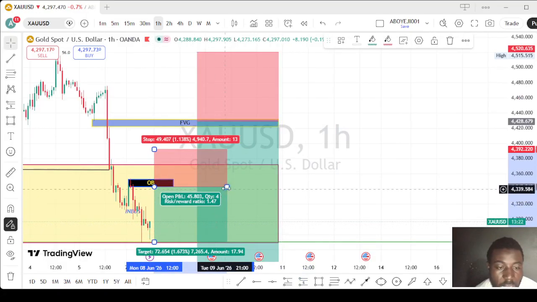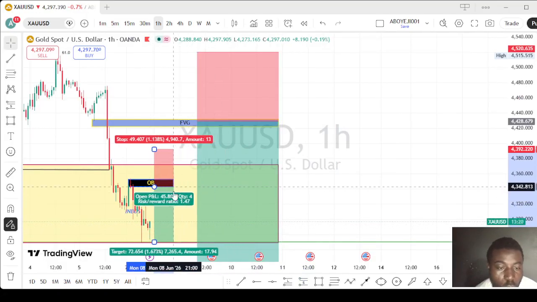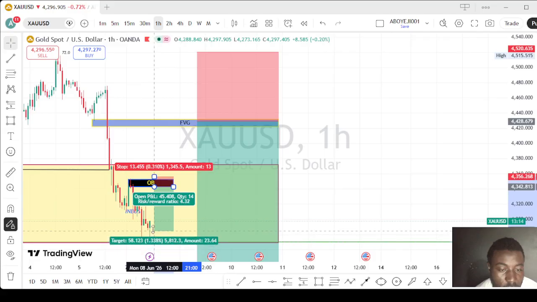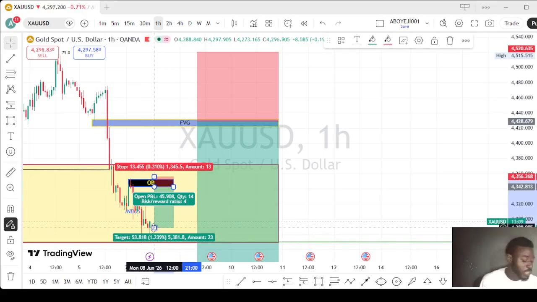But we guys be patient, because we are in what? We are in zone. So our stop loss will be below here. We guys be patient. 1:3 is good. Let's say 1:4 is good, or 1:3. So let me place this opportunity because this is an opportunity for me, for us.